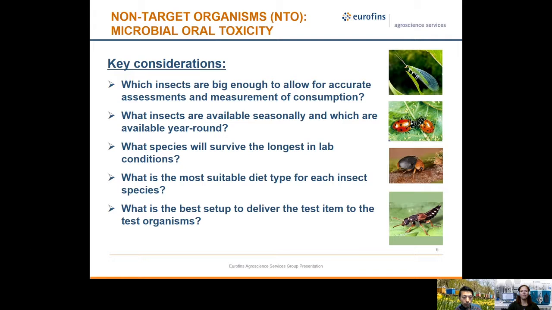So for these microbial oral toxicity tests, there are several key things to consider. One is which of these insects are large enough to allow for good assessments and measurements of consumption. Second, what insects are available seasonally and what insects are available year round. Third, which species can survive the longest in the lab to give you as close to the 30-day test duration